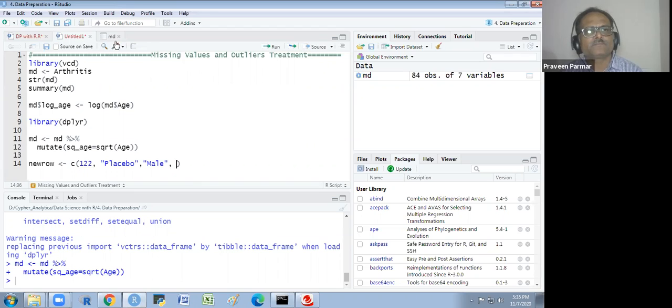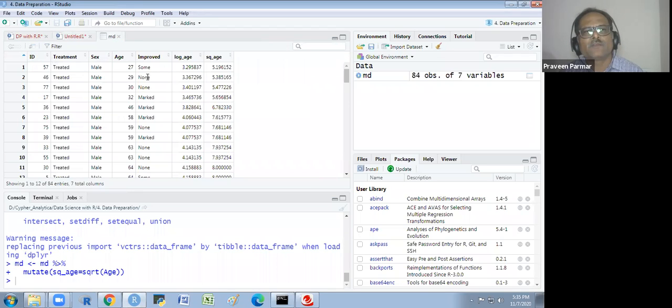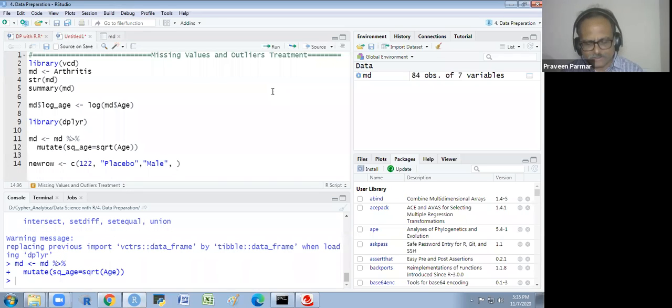Then improved, I write some. And then age is also there.